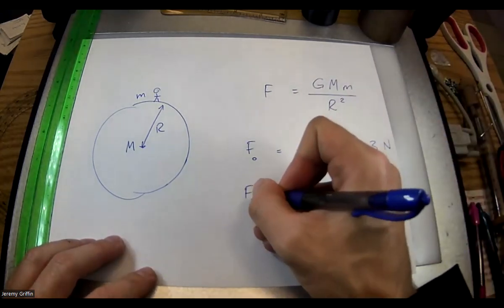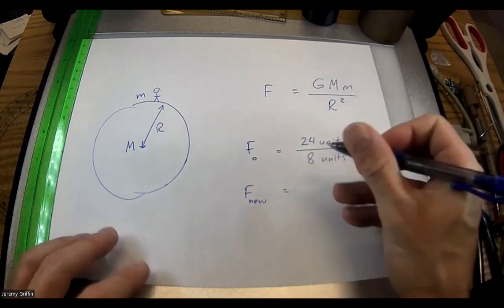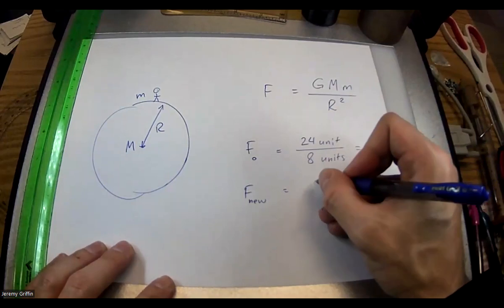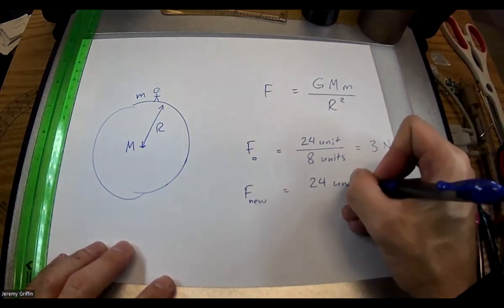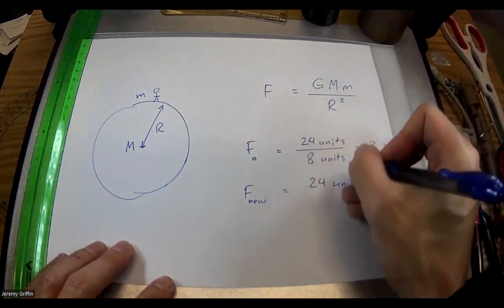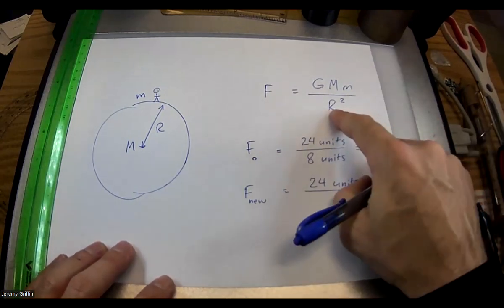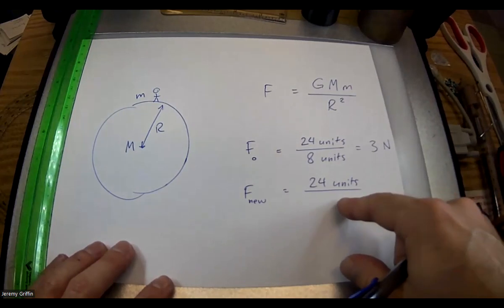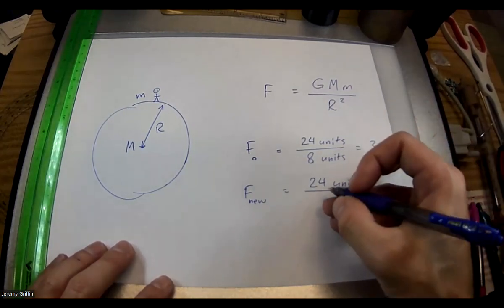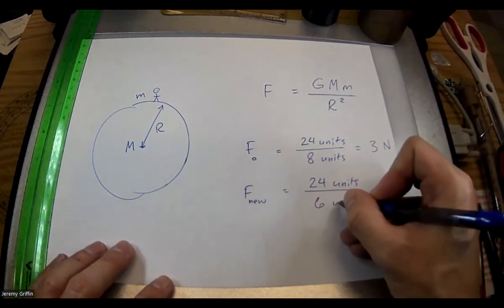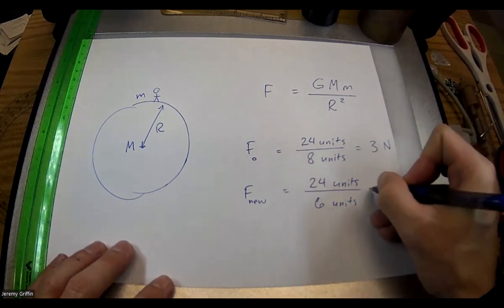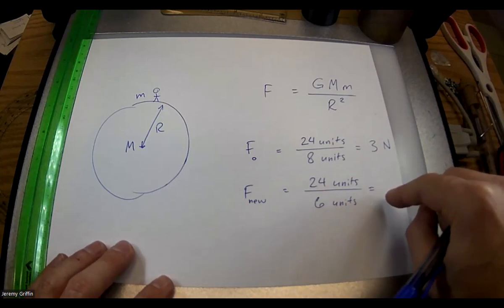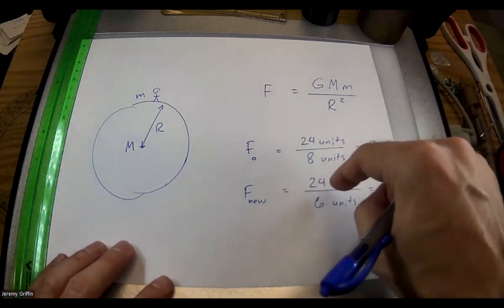Okay, then suppose you crunch this down, so that all the stuff in the numerator stays the same because the masses aren't changing. If it was 24 units before, it's still 24 units. But if r is decreasing, then r squared is also getting smaller. So would that be like 6 units, for example? It could be like that. Okay, and then what's 24 divided by 6?